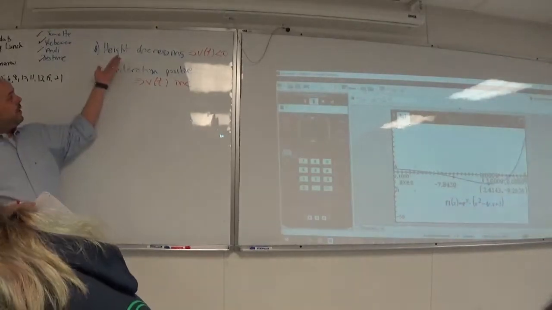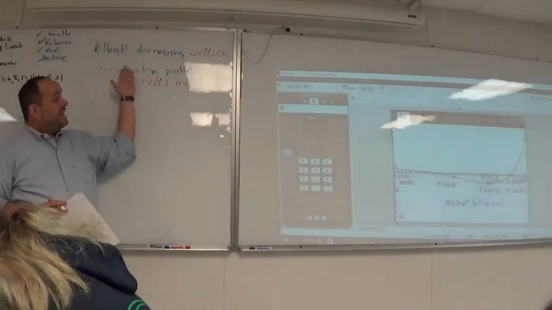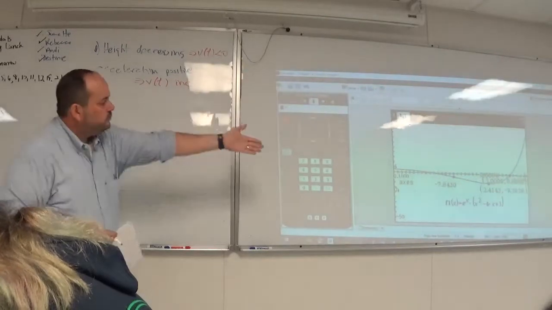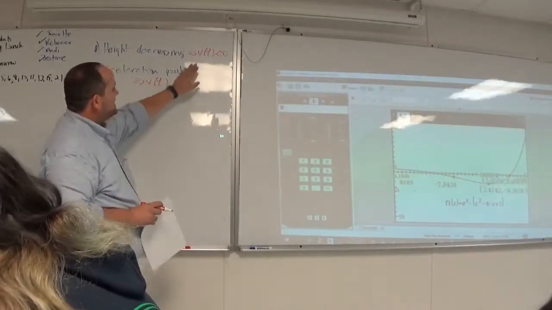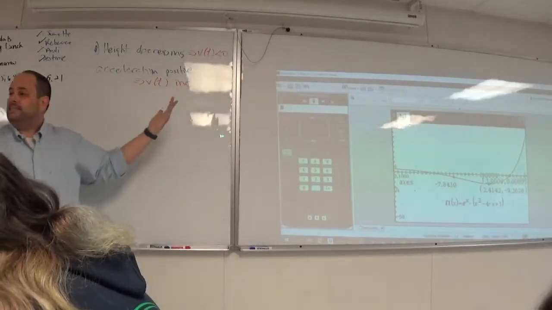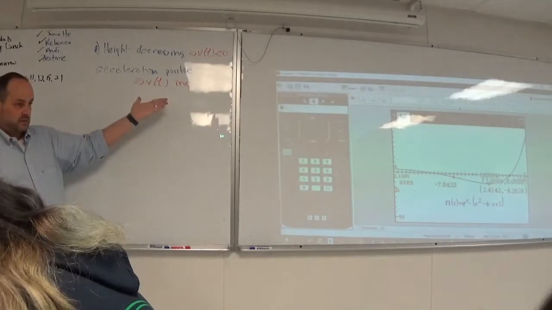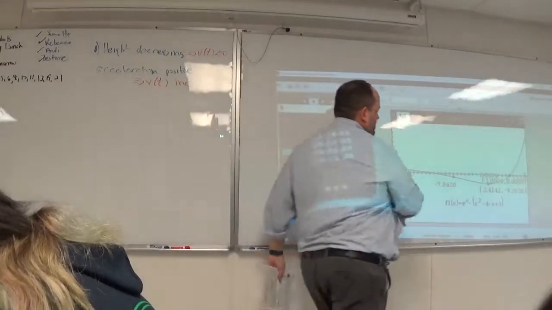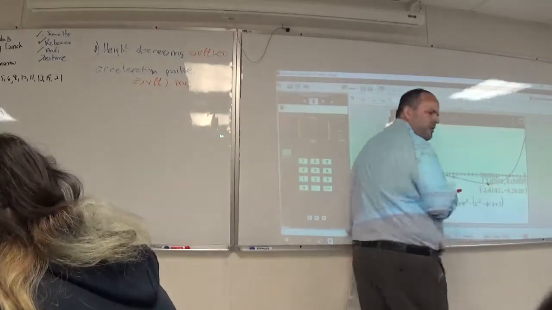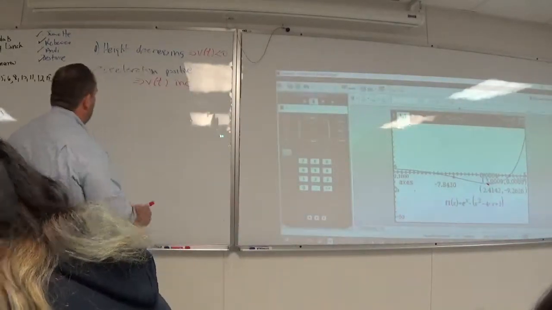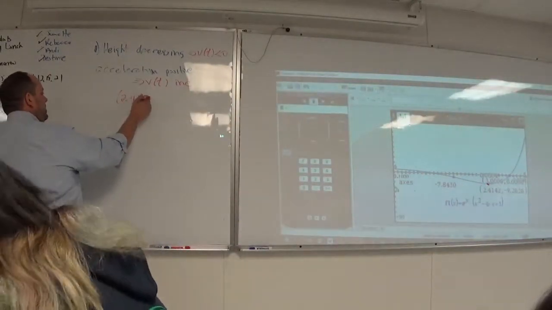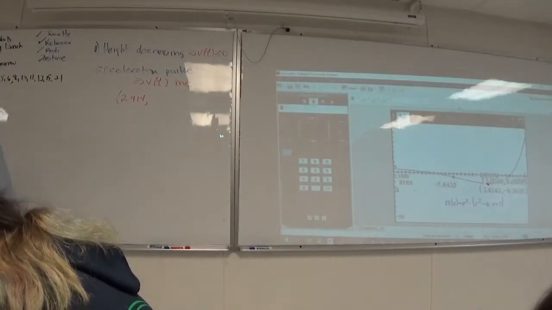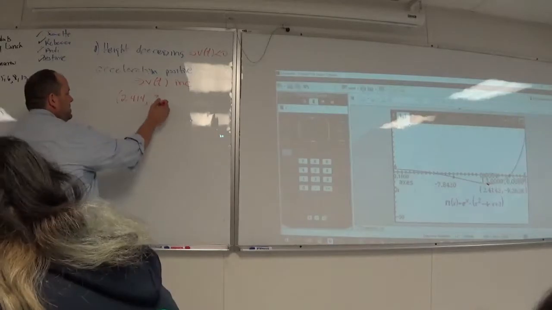So the answer to the question, where is height decreasing and acceleration positive, is really the answer to the question, where is velocity negative, oh, and at the same time, increasing. So that should be from this minimum, which Paul has as 2.414. And where do we stop being negative and increasing at the same time? This should happen at 3.